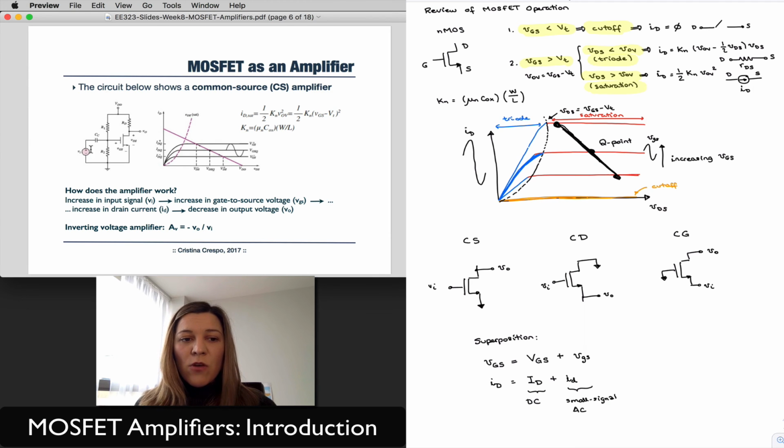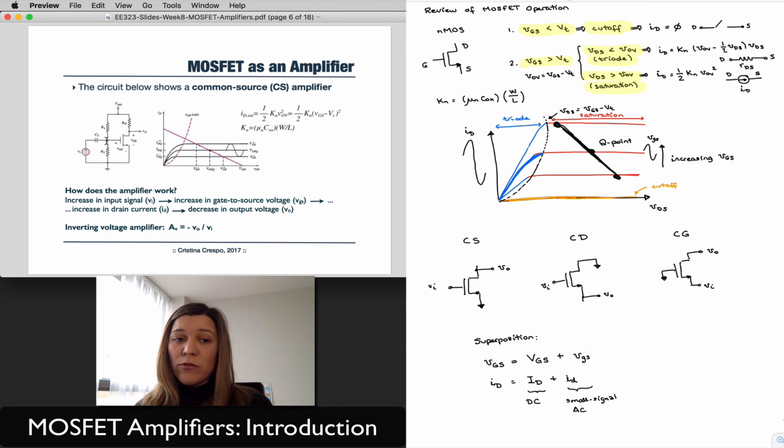Once that is set, we apply a small AC signal to the gate of the transistor because we're in a common source amplifier. Notice that we apply the signal through a capacitor CC, a coupling capacitor. The reason it is there is because typically my signal is going to have either no DC offset or a DC offset which is different from whatever DC value I set at the gate of my transistor in order to set the DC bias point. And so I don't want the DC value of my input signal to interfere with my